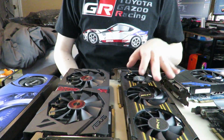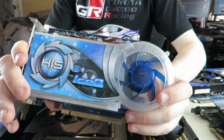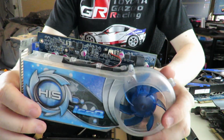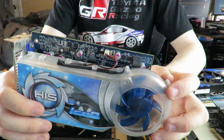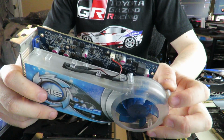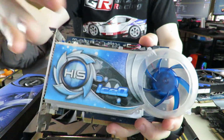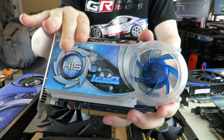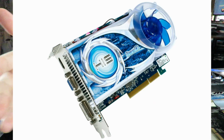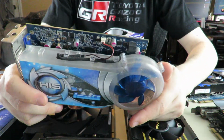Oh, okay, where is that one, actually? Here it is. So I've wanted one of these cards in my collection for a while. So this is an R7 250 Ice Cube Boost, but there are other variants that I cannot remember what model they are. I think there are 9 250s or R7 250, something like that. But they have this exact design, but the unique part about this one is the black here. Normally it's just blue and white and silver, but I've never seen it with the little black on the cooler, so that indicated this was a...